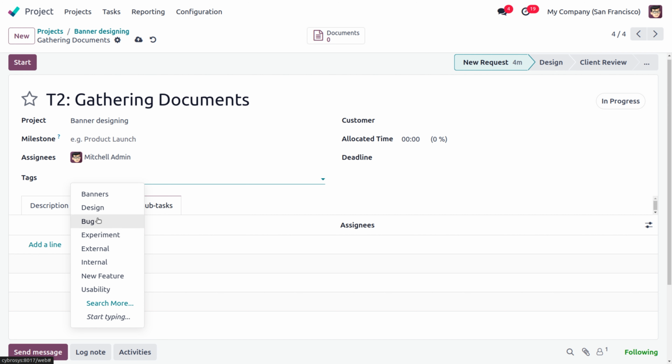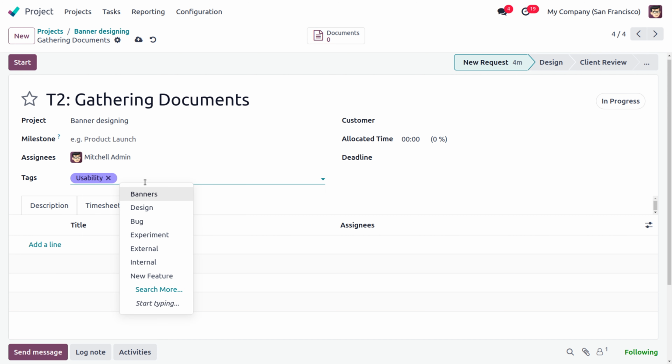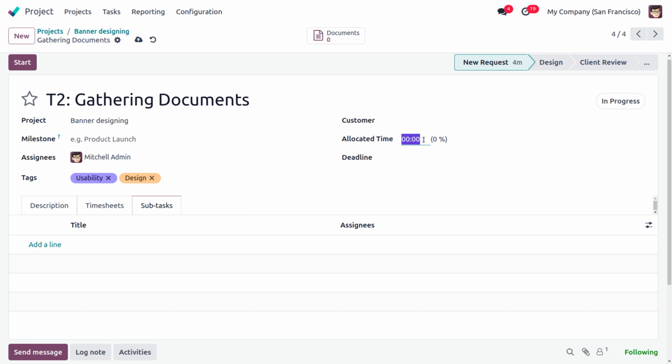This is for collecting materials. So what I'm doing is adding a tag over here. Will be added some random ones, usability and design, and will be added again as 30 hours, and the